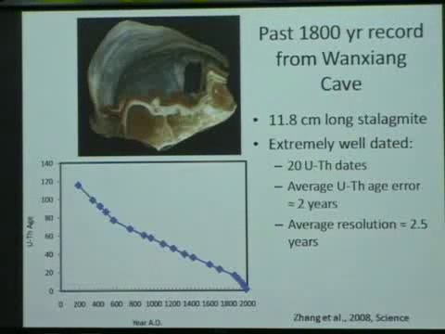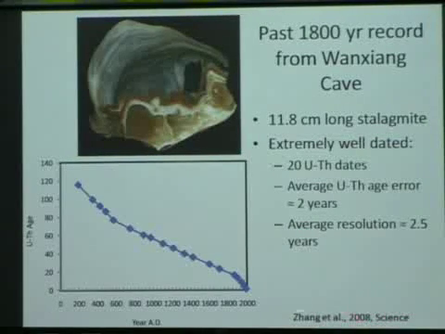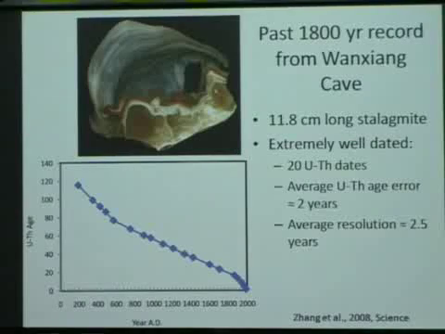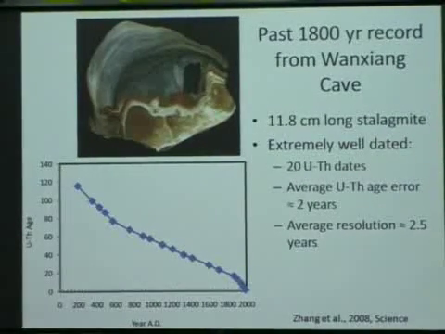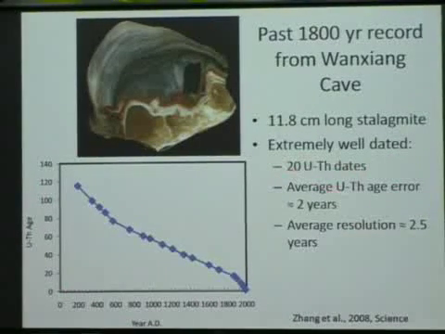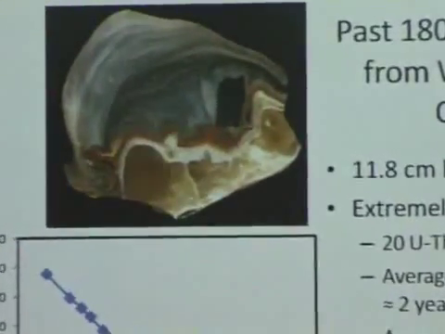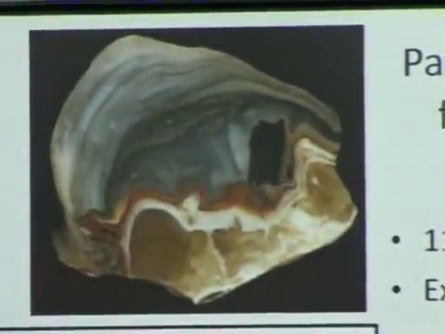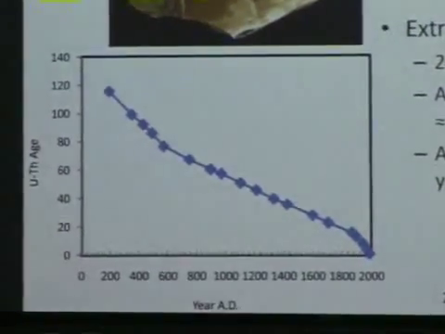Okay. So there's a new record that was just published in Science in November. It's Zhang et al., and this is a record from a Heshang Cave stalagmite, which is shown here. It's a very small stalagmite, but it's extremely well dated, and this was dated in Larry Edwards' lab. It has 20 uranium-thorium dates with an average uranium-thorium age error of around 2 years, which is quite spectacular,